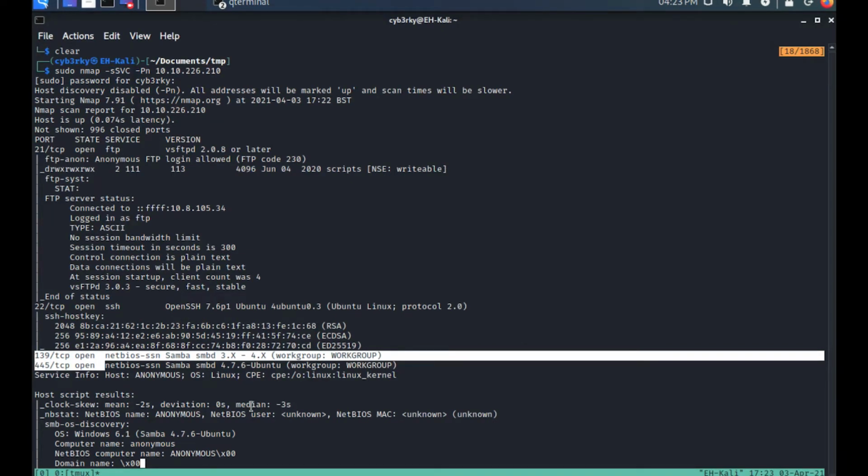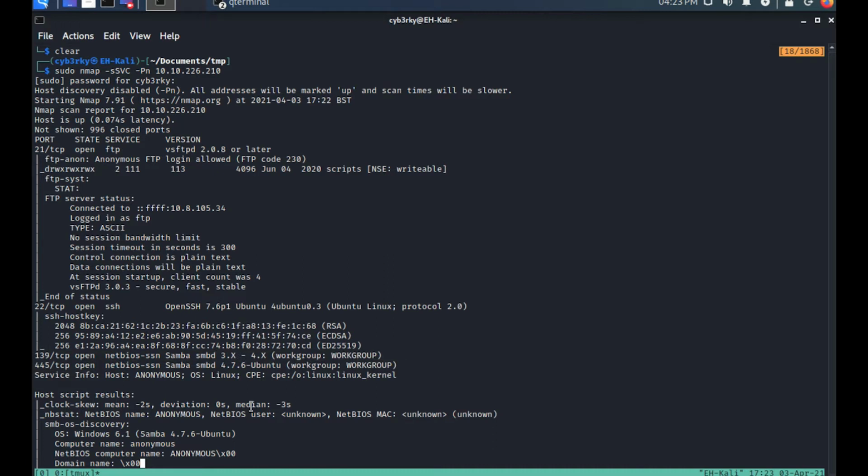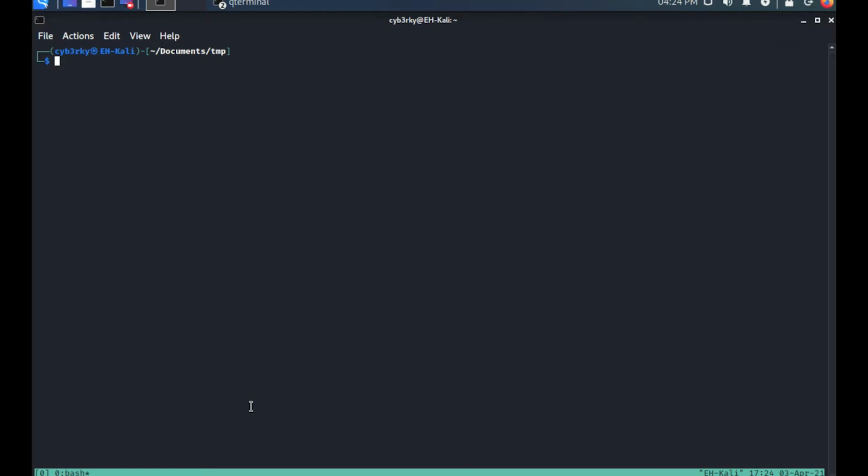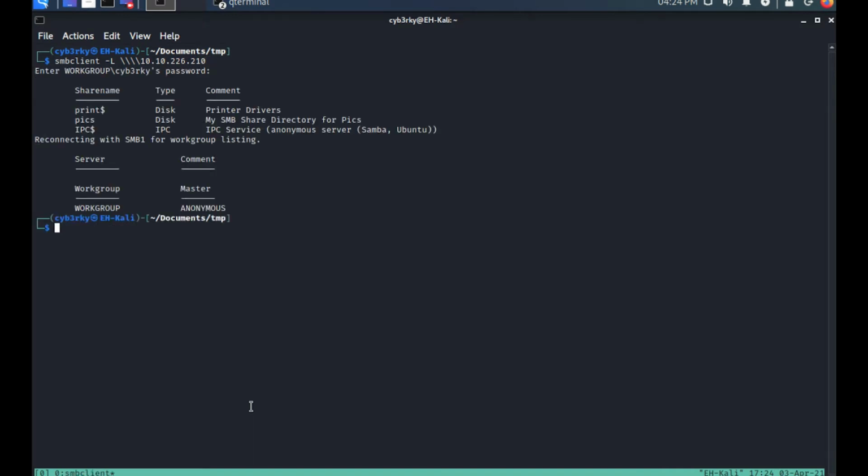Now whenever I see SMB open, I will immediately look to do some basic enumeration against this, and we can do this using the SMB client to determine if it will respond to a null session. So let's look to run SMB client with the -L switch, and this will let us see if it will respond to a null session. So SMB client -L, put in the IP address, blank password, carriage return, and as we can see, there is a PIX share visible